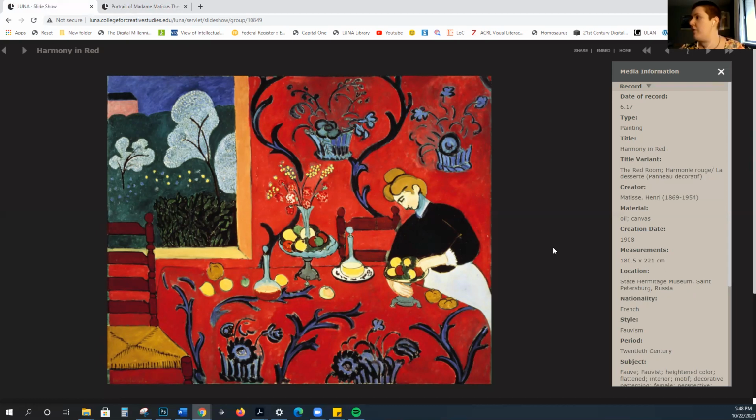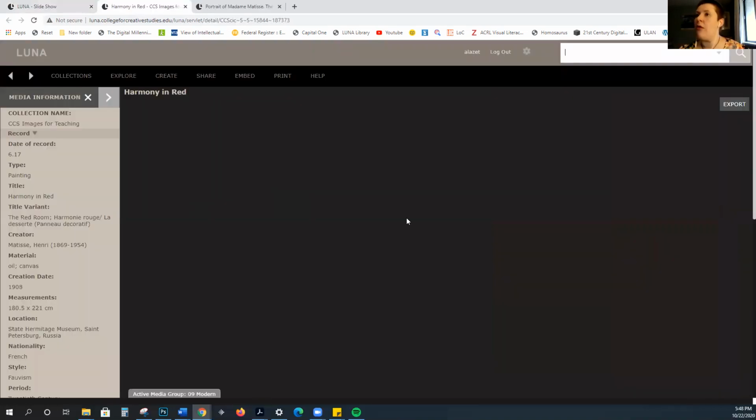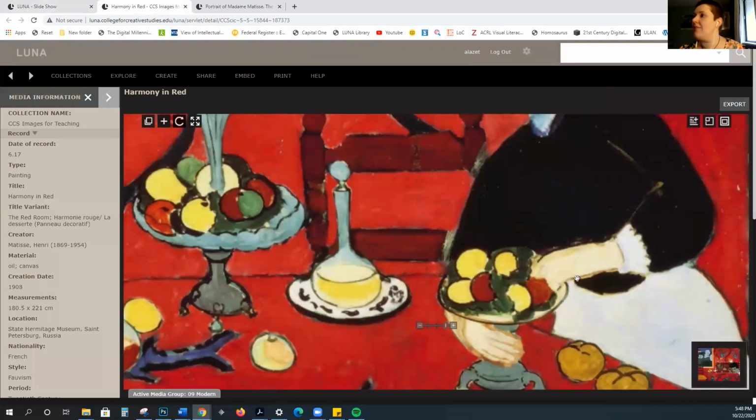And this is another work by Matisse that is Fauve, and this is Harmony in Red. This is a very famous work. And if you look at this, you can absolutely see the influence of Gauguin as well as Cézanne. Okay, so look at the perspective that's being depicted. There's no clear edge to this table. It clearly bends a little bit, but the wallpaper in the background melds almost seamlessly with this tablecloth. And the perspective is odd, and the use of a black line to outline the various elements and the figure here